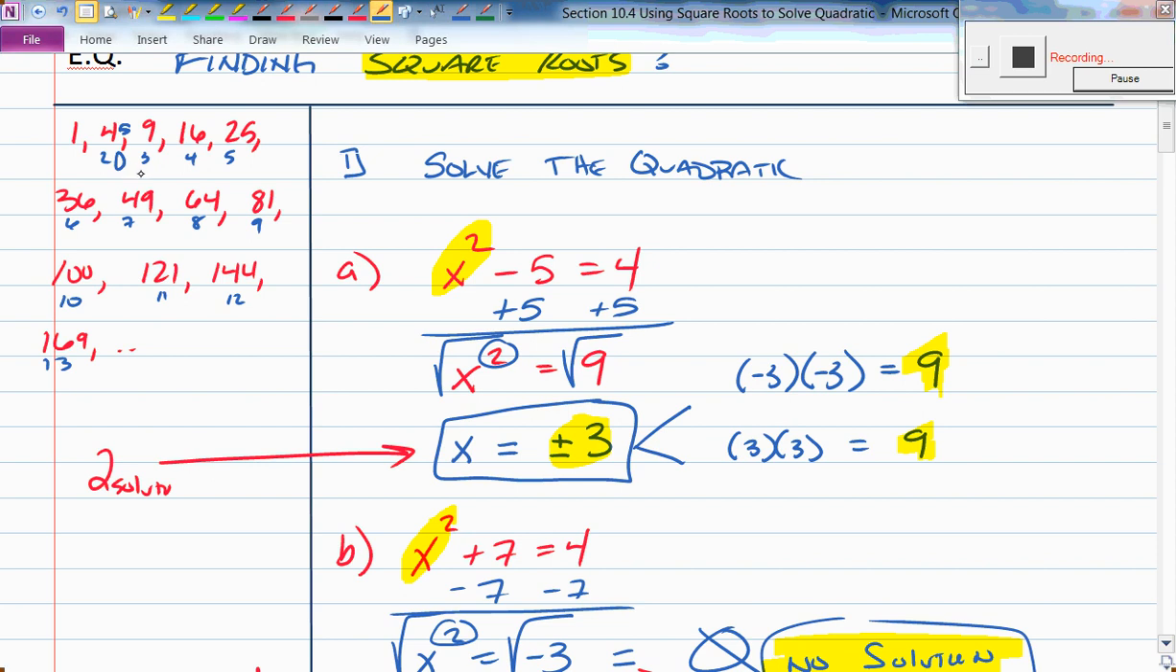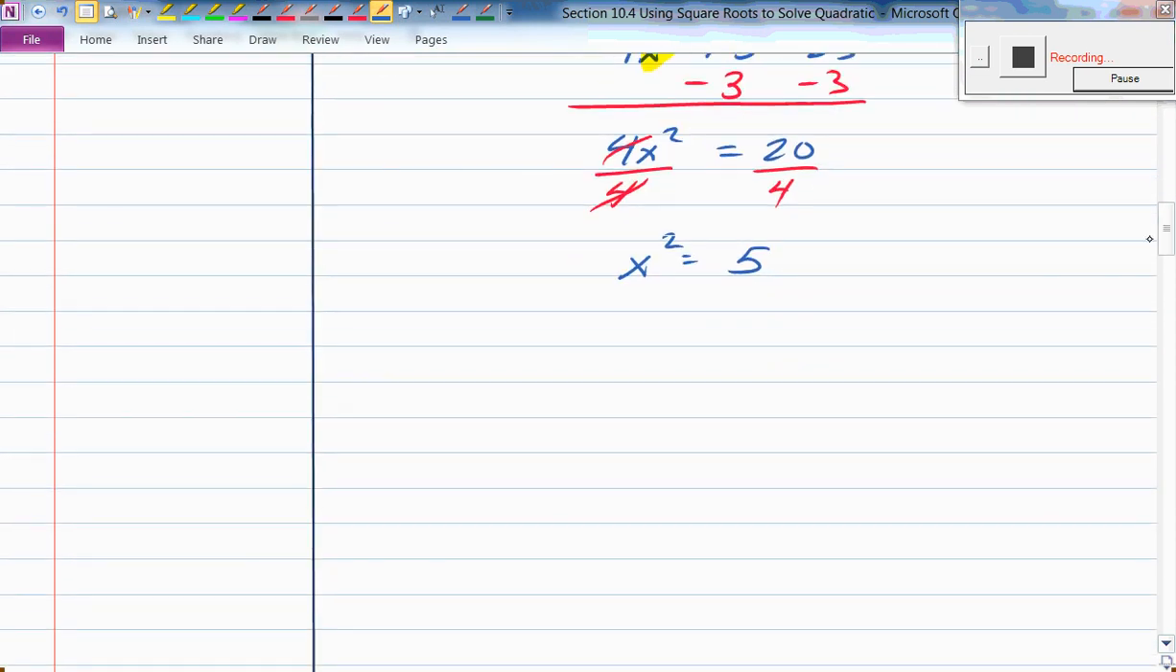So is it closer to 2 or is it closer to 3? It's closer to 2 because 5 is closer to 4 than it is to 9, right? Doesn't that make sense? Okay, so we need to figure out what the square root of this is, and we can take it because it's a positive number. So x has to be plus or minus the square root of 5, which is approximately,